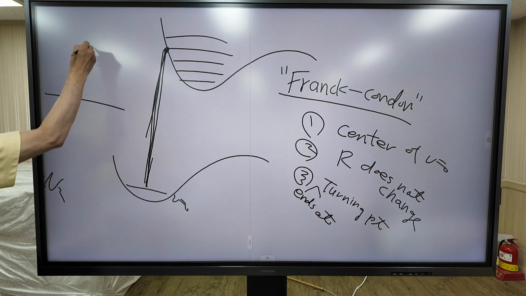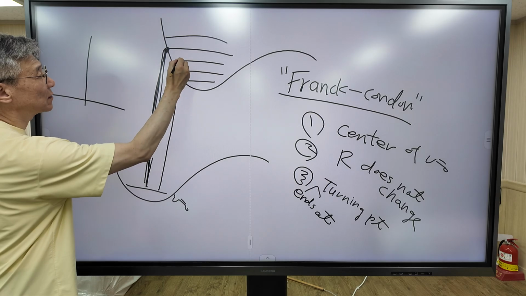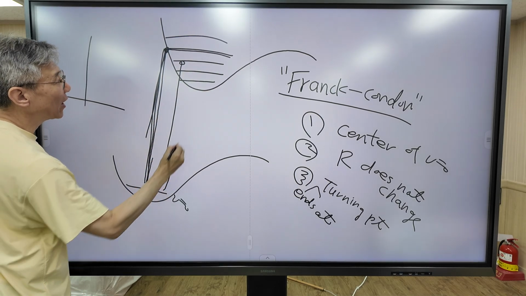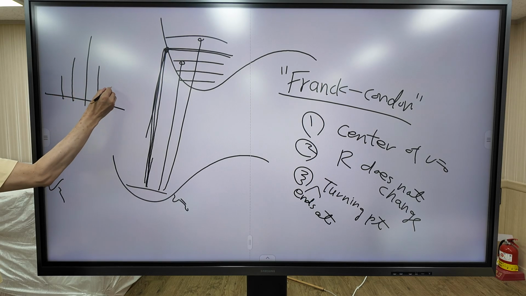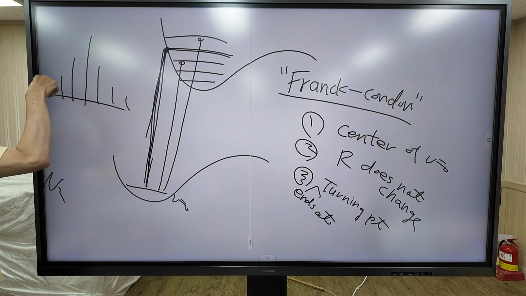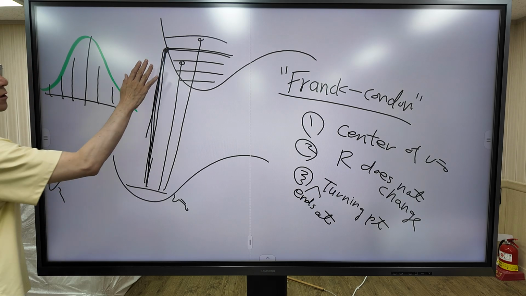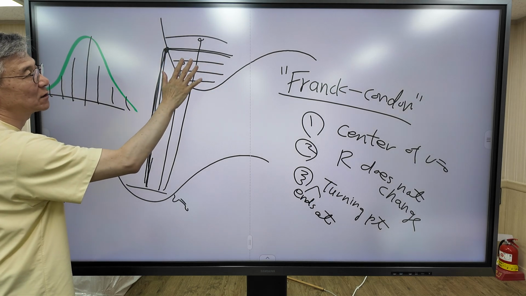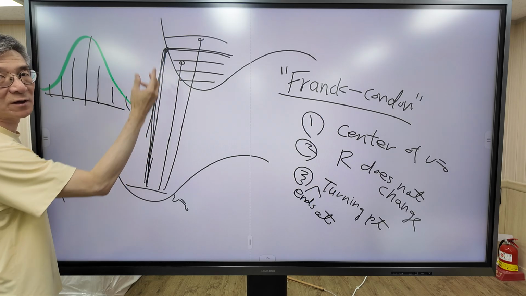So this transition corresponds to this one. And for transitions to lower or higher energy levels, the intensity gradually decreases. Looks like that. So we obtain a bell-shaped spectrum. For a bell-shaped band to be obtained, the potential should shift to the right. Then why does the potential energy curve shift to the right? Because the electron is removed from the bonding orbital.